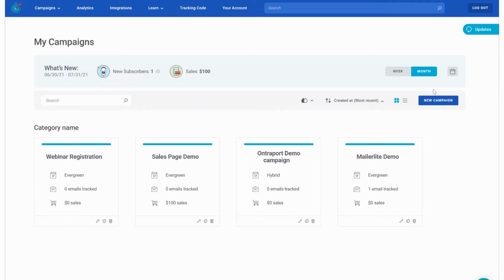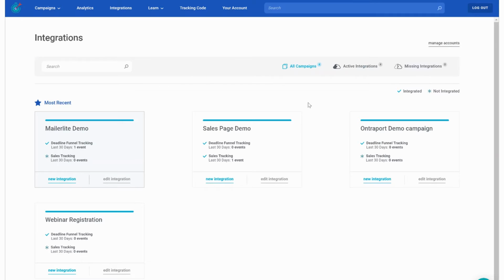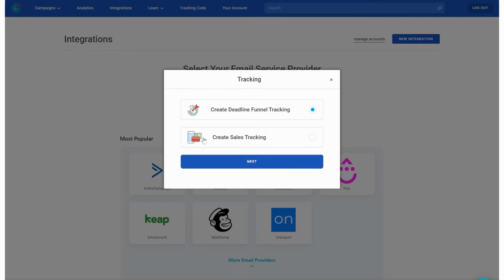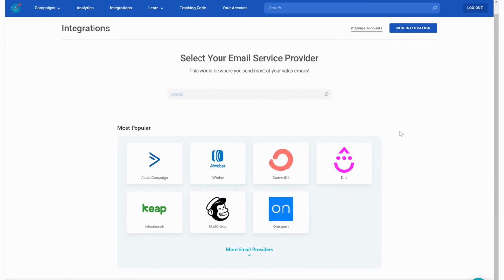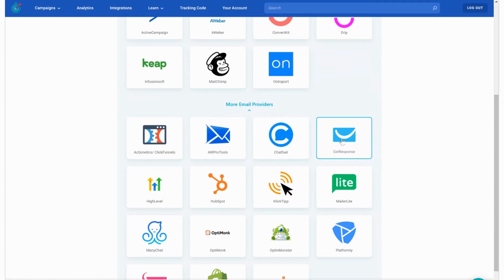Now, the first step to integrate Deadline Funnel with Getresponse is to go to your Deadline Funnel dashboard and click on Integrations up in the blue bar. Now select the integration that you want to work on and click New Integration. In the pop-up, select Create Deadline Funnel Tracking. Next, we're going to select Getresponse as our email service provider. You can either put Getresponse in the search bar here or click More Email Providers, scroll down and select Getresponse,